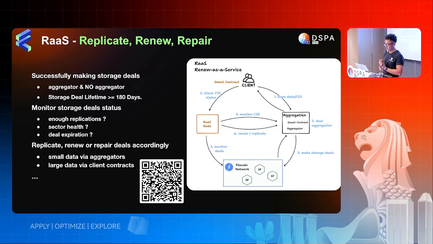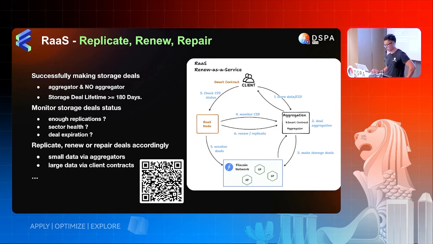Yeah, the most important thing for perpetual storage is there has to be some sort of procedure to monitor the whole network, to be able to verify if this data is stored according to the client's request, if it has expired or not, and if the deal sector is healthy or not. If not, I need to do the repair and then renew. This sort of process, and all those features are going to be provided